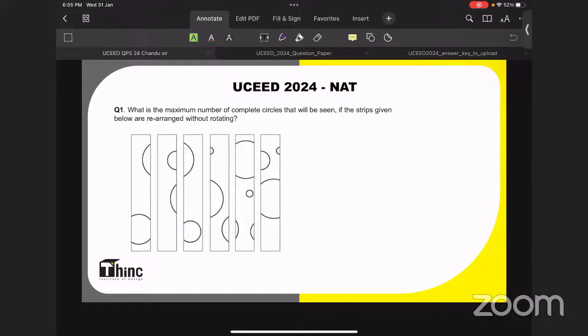There are a few strips here. I will be naming these strips, which will be better, I think. So over here, let me name the strips. This is the first piece, second, third, fourth, fifth, and sixth. I don't know which piece is going to come first, so for that I will have those 6 pieces.